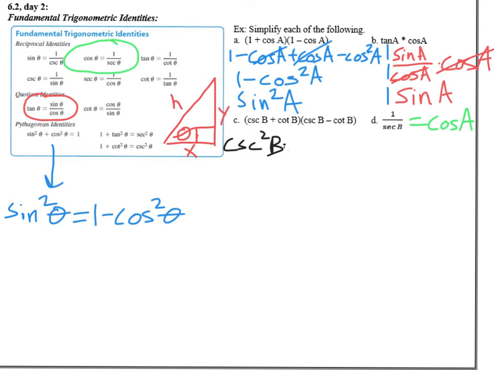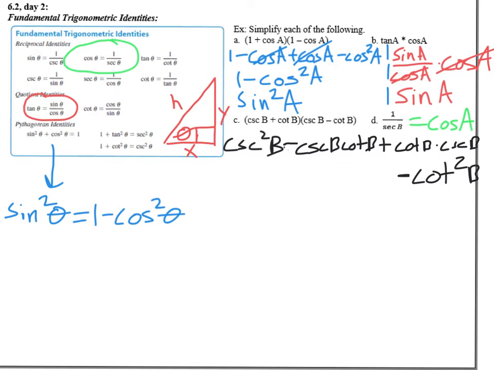So minus, plus cotangent B times cosecant B. Oh, I'm going to drop down to the next line here. Minus cotangent squared of B. Okay? It just expands into four terms, but with the middle two being a product of two different trig functions, it